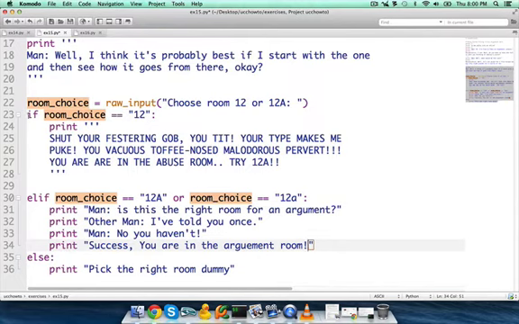Okay, and then we have this else statement. So all this is saying is, okay, if room choice is equal to 12, do this. Elif room choice is equal to 12a, upper or lowercase, do this. Print this stuff out right here. If none of that is true, then the final thing it's going to do is print pick the right room,